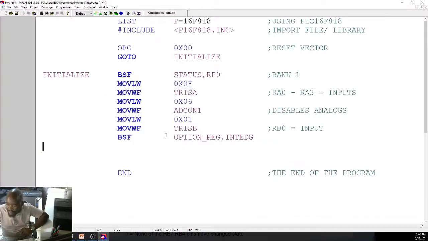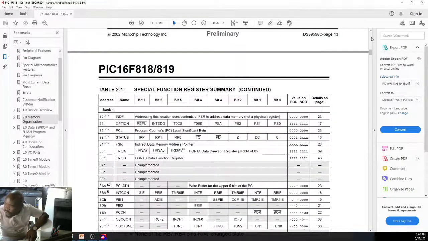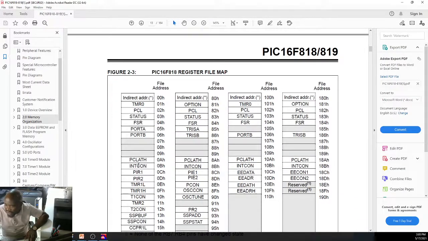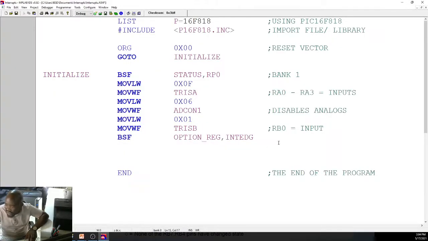We go back into our code and say, well, where do you find INTCON? In which bank do you find INTCON? We go back to our program memory, our memory organization, and we look at INTCON. You see, INTCON is found in all the banks. We have INTCON in bank 0, bank 1, bank 2, and bank 3. So there's no need for us to do it in a specific bank because it is found in all the banks. So we can just go back to bank 0, bit clear file,